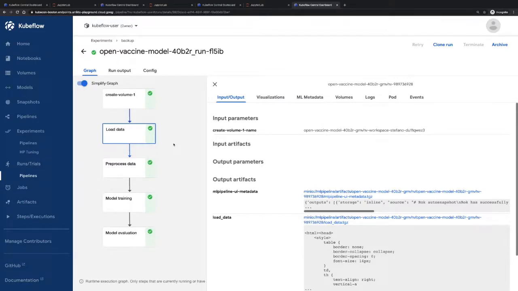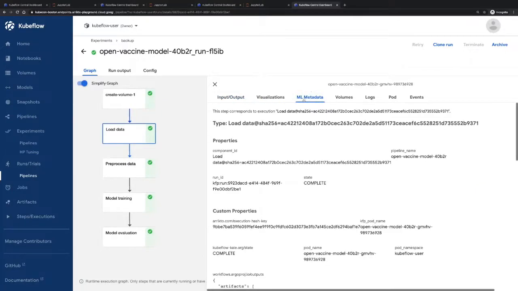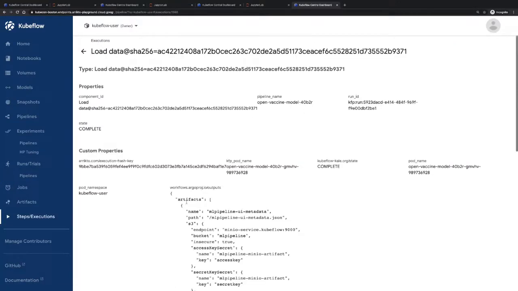Also, Kale creates machine learning metadata executions for each pipeline step. This allows us to track and link other entities that either belong or relate to the step itself. Some examples are the parent KFP run and artifacts that are consumed and produced by the step. We can see them by clicking here and navigating. So as you can see, this is an MLMD execution that was created by Kale. I can click here to go to the specific page